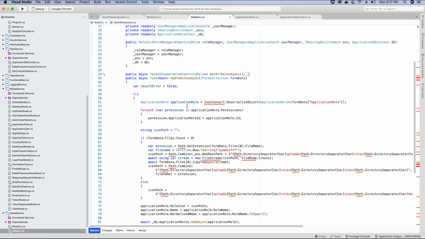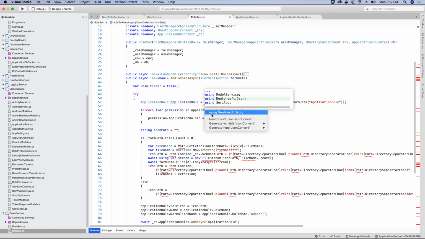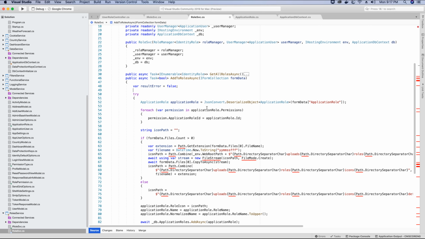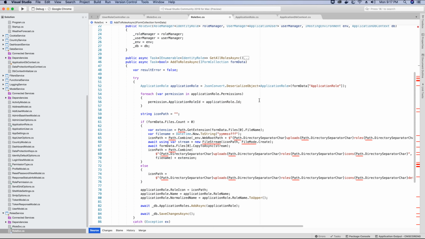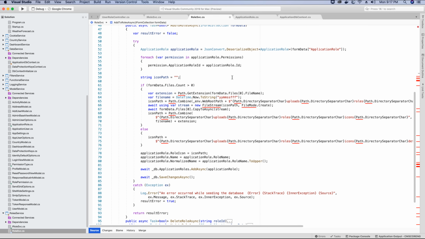So the first thing that we would need to do is take the form data that we receive, deserialize it and convert it into an application role object, and therefore we have used Newtonsoft. We have installed the package. Once we have deserialized this, we will loop through each of the permissions that we have, and we will add those permissions